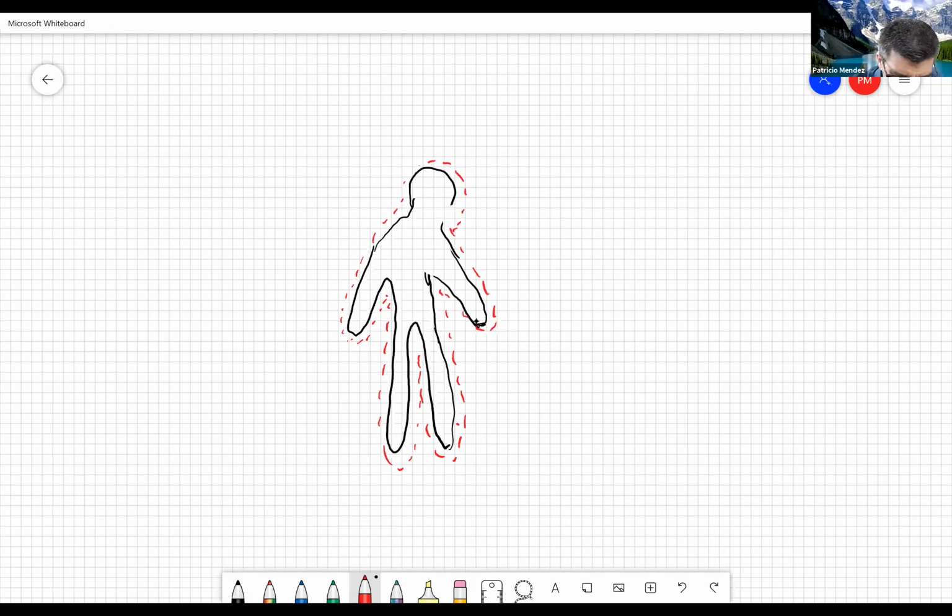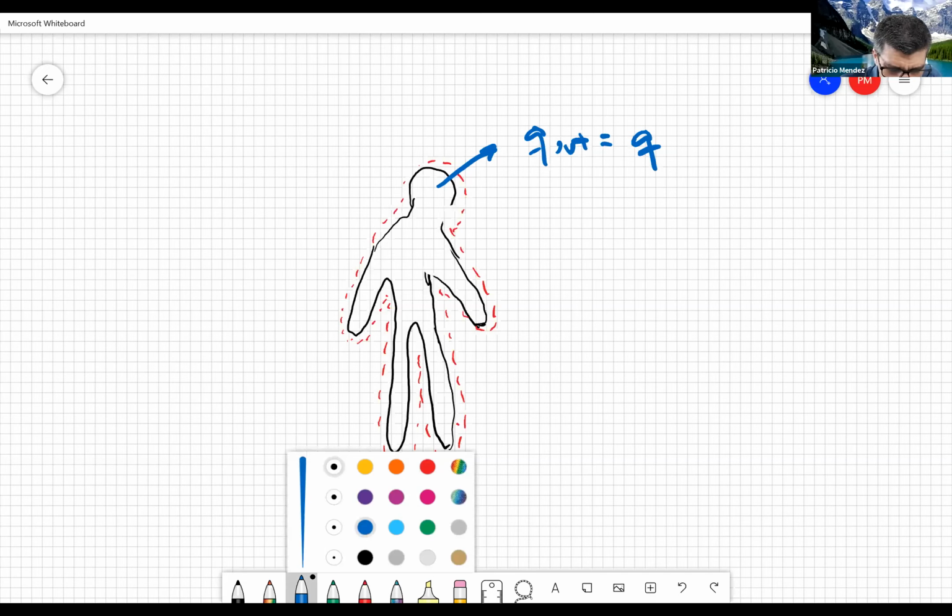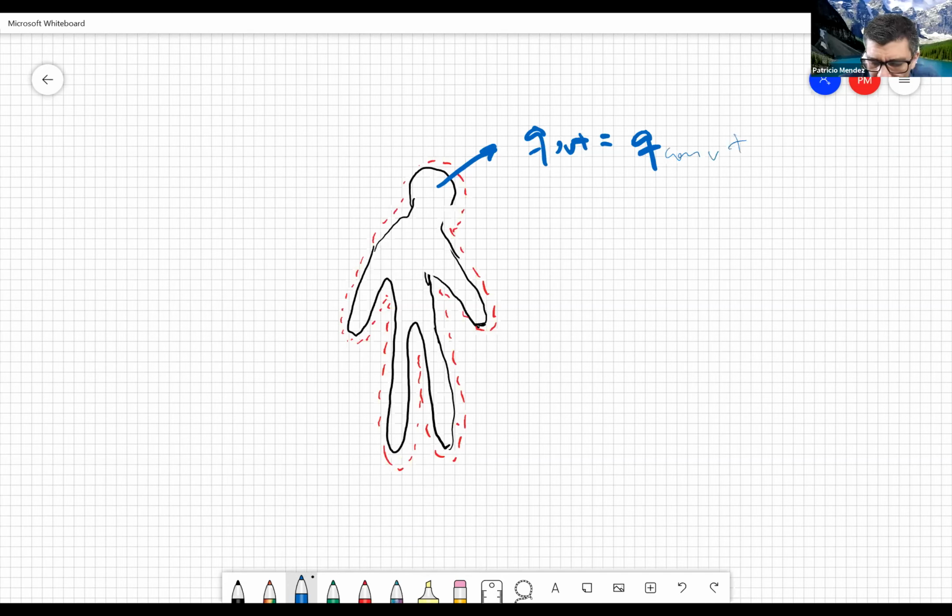And in this control volume, we're going to have some heat out, right? Q out. That would be Q of convection plus Q of radiation. And also, we are going to have an amount of mass out, that is the mass of water that is evaporated, right? Plus